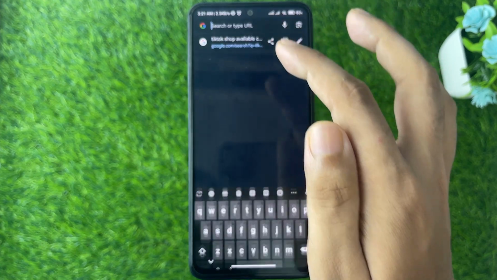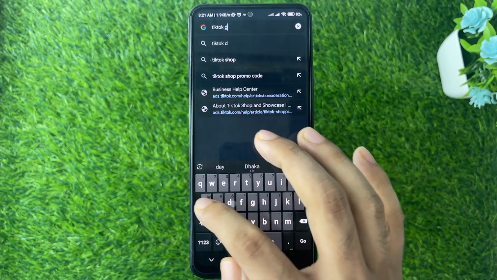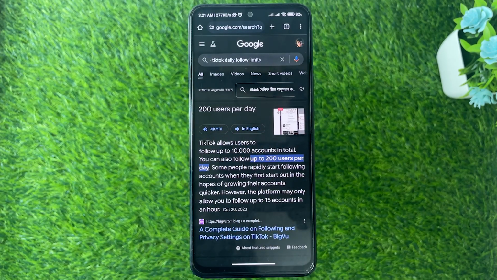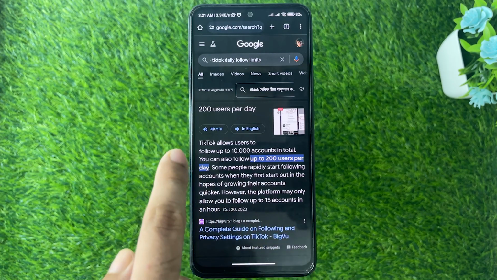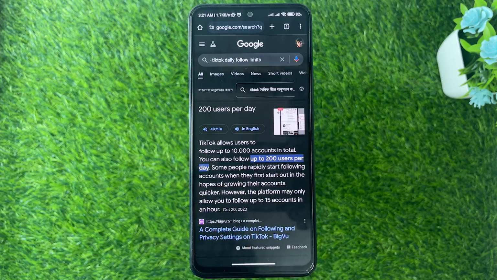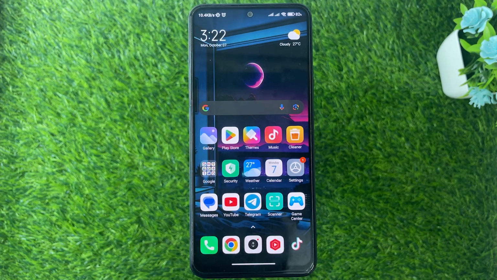If you go to the search bar on Google and search for TikTok daily, you can only follow 200 users per day. Also, TikTok allows a user to follow up to 10,000 accounts in total. So if you have reached the threshold, you cannot follow anymore. Let me just say that if you haven't followed 200 people a day, but you are getting the same issue,